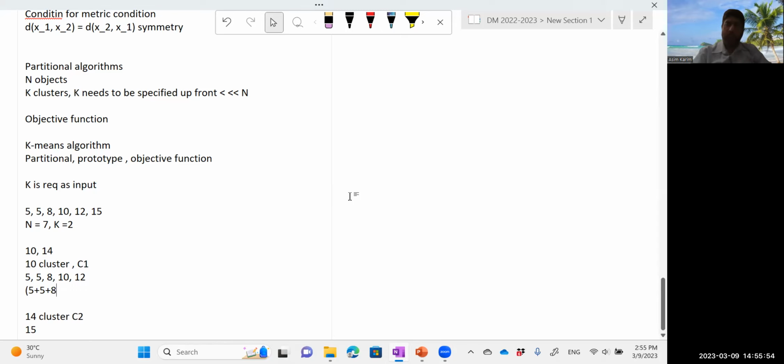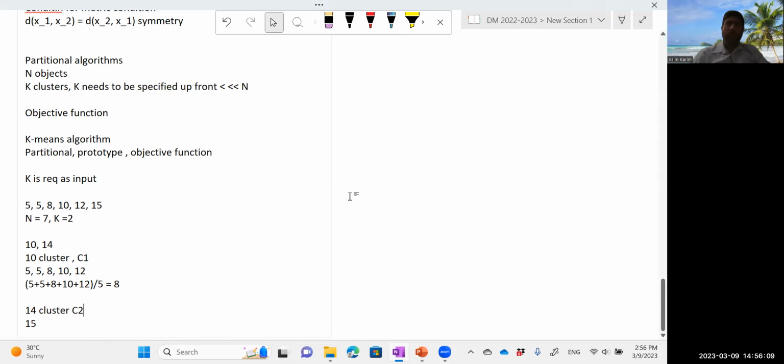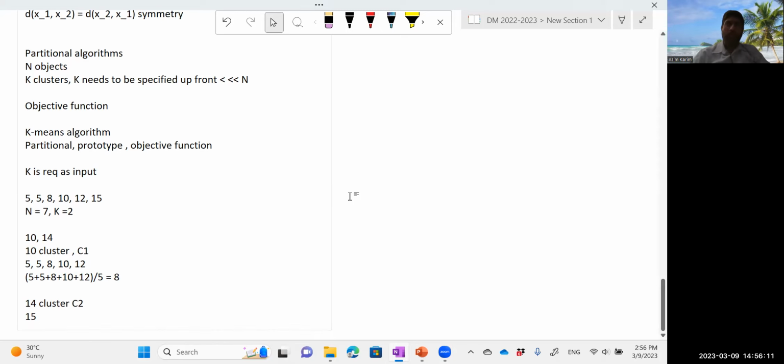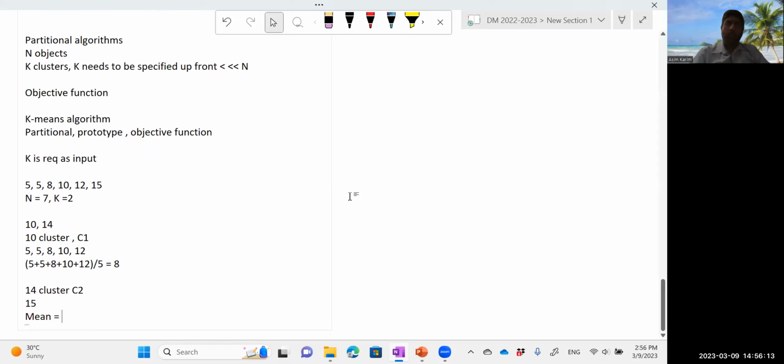5 + 5 + 8 + 10 + 12 divided by 4, 8 is the new mean. इसका मीन of course 15 ही है, एक ही पॉइंट है. ठीक है,